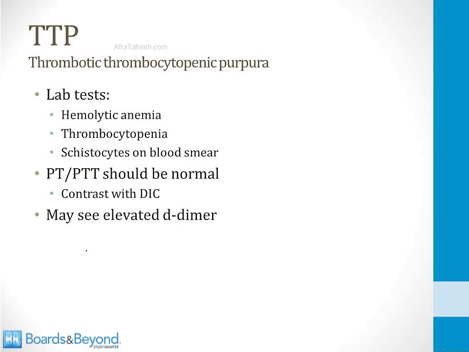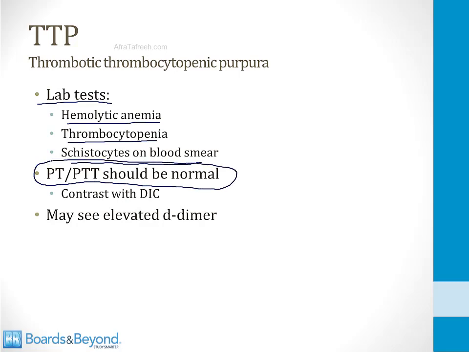A patient with fever and mental status changes and renal failure doesn't necessarily make you think of TTP right away. What usually clinches the diagnosis is the results of lab testing. So lab testing will show evidence of a hemolytic anemia. There will be low platelets, as the name of the disorder implies, and schistocytes will be seen on blood smear. Importantly, the PT and PTT tests of the coagulation system should be normal, and this is an important distinction between